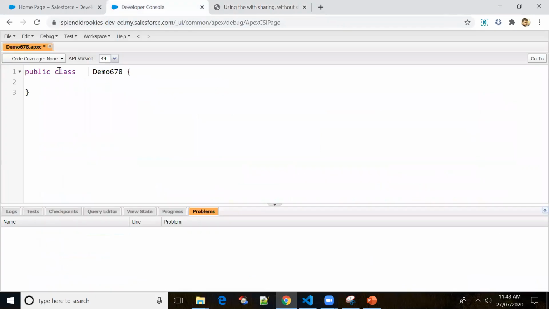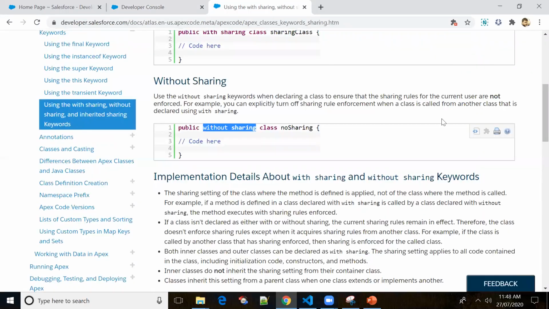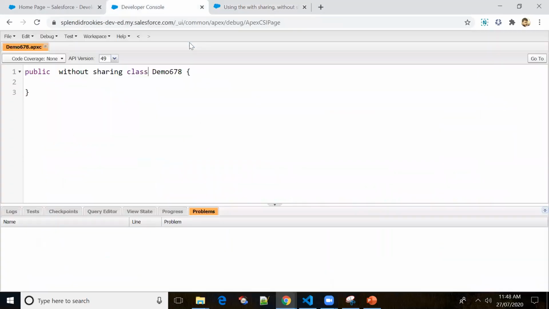Okay, this demo. Might be the internet connection.